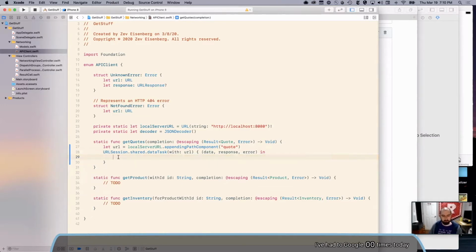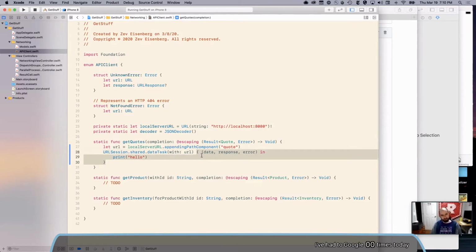So we need to somehow transform those things into this result here. I'm going to call the completion here. Keep in mind that this is a talk all about concurrency. So where does the concurrency come in? Well, it looks like I'm just running these lines of code right after the other. So if I do print hello here, it looks like that would just run immediately after line 28.